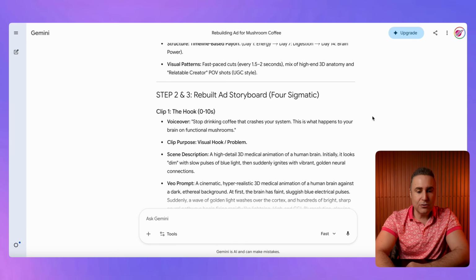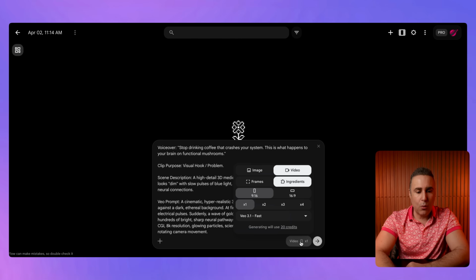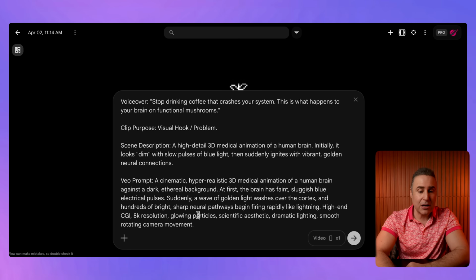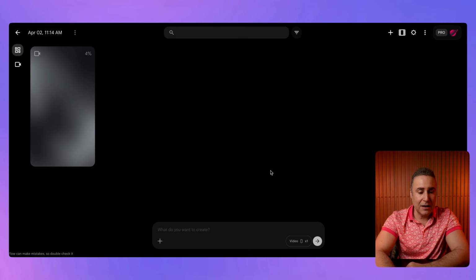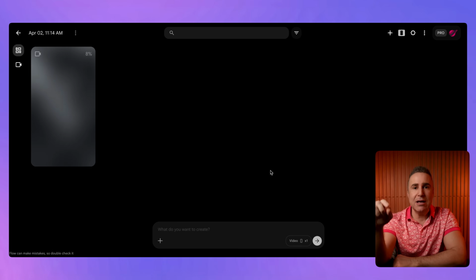So what I'm going to do here is take each of the scenes that Gemini gave us and generate them one by one. At the bottom, I'll just make sure I'm choosing video generations and then ingredients. Now each scene already comes with a detailed prompt. So all I have to do here is drop it in and then let Flow do the work. Now the goal here isn't to make one perfect ad. It's to use AI to spin up multiple variations fast so we can see what actually hits